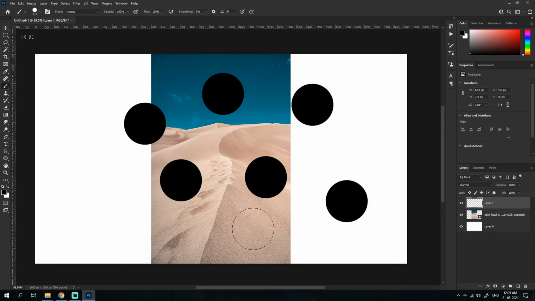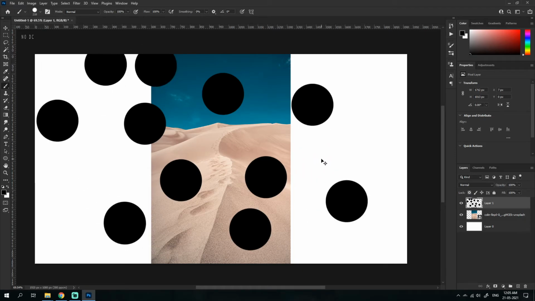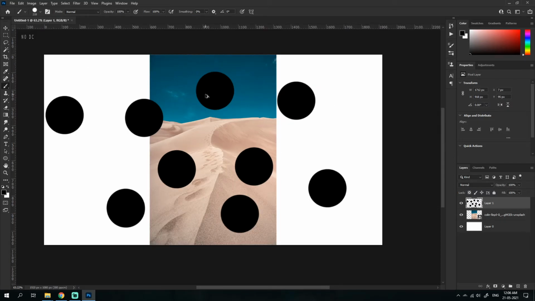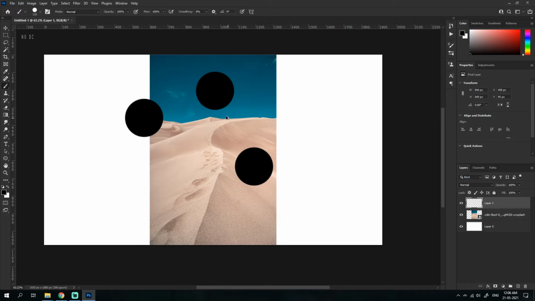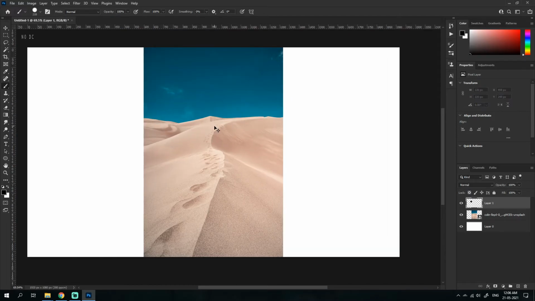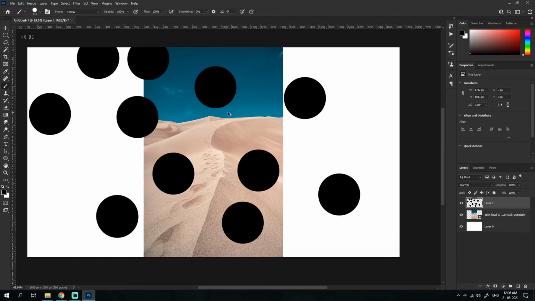Let's say I've made multiple dots like this. If I press Ctrl Z, it undoes one time and redoes one time. But for you guys, I think it would be different. For you guys, it would be Ctrl Alt Z, I think, by default. For me, Ctrl Alt Z is undoing multiple times, and Ctrl Shift Z is this thing.